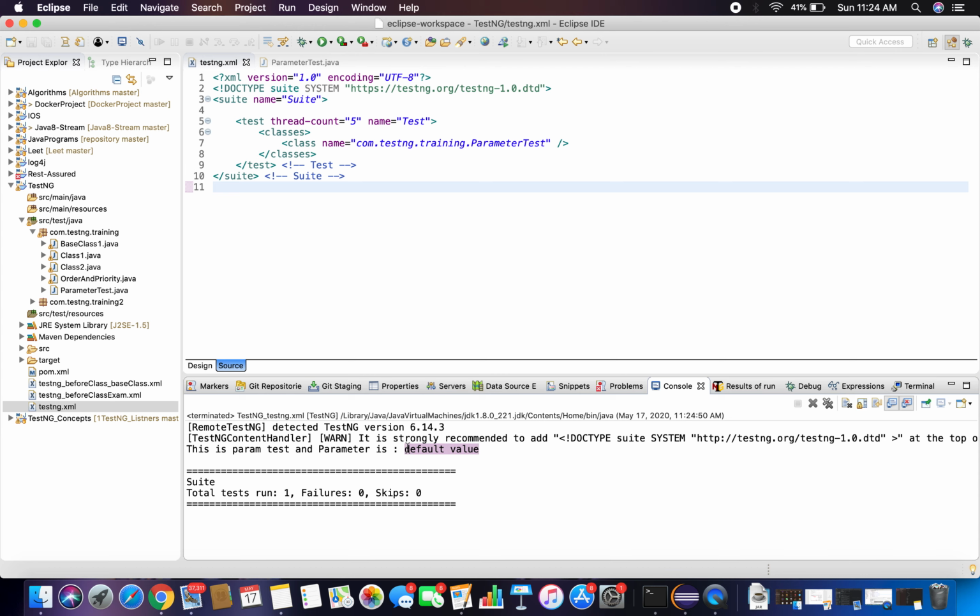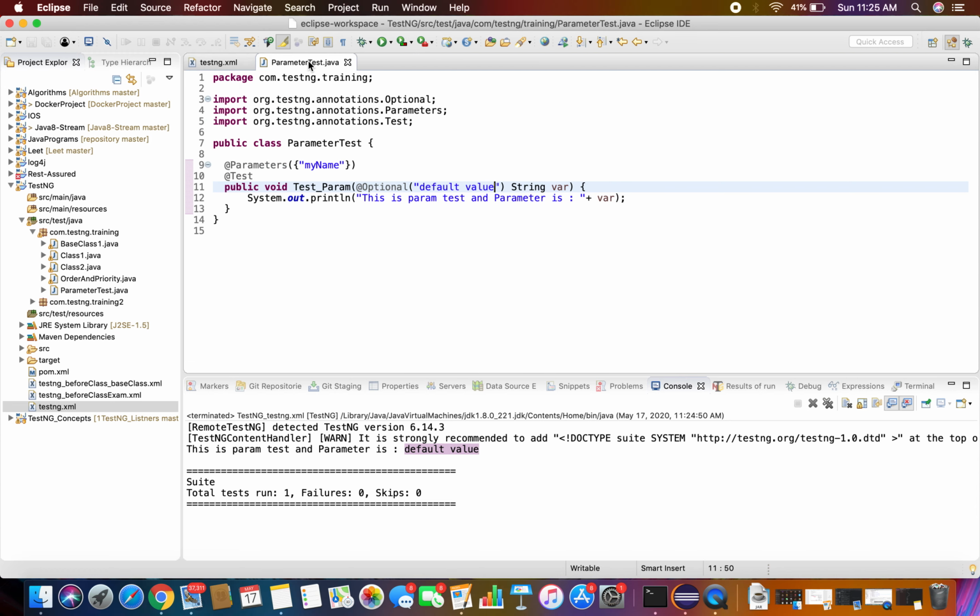This will be helpful at some times because you have multiple database connections, like let's say MySQL and SQL Server, and if you forget to pass a parameter from your testng.xml file, the default one which you are supposed to pick is SQL, so you can directly mark it as the default one. At times it will be helpful for you to pick the default value if no parameter is being passed.